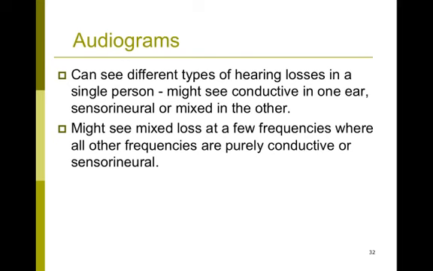Another scenario would be that this person is an avid hunter and is a right-handed hunter with a rifle. So you could see that this person has a hearing loss in his left ear, and that hearing loss could be sensorineural in nature because it's a noise-induced hearing loss. But the other ear might have a conductive hearing loss. So you might see different profiles, both in terms of degree of loss and in the type of loss, in a single person between the ears.